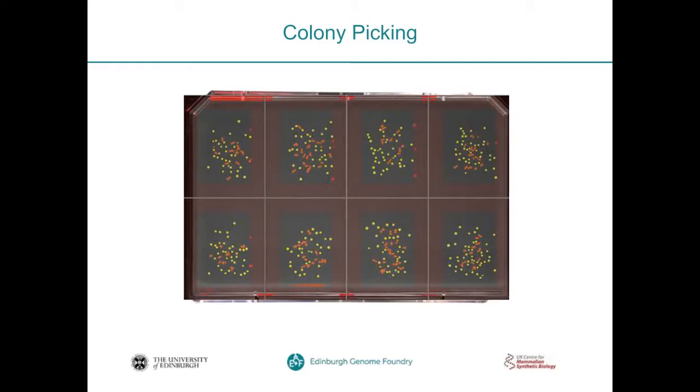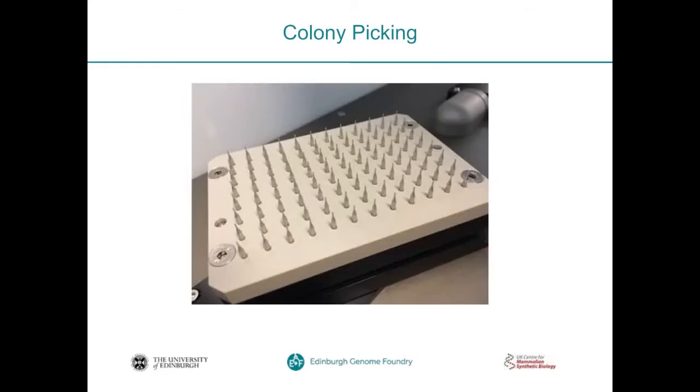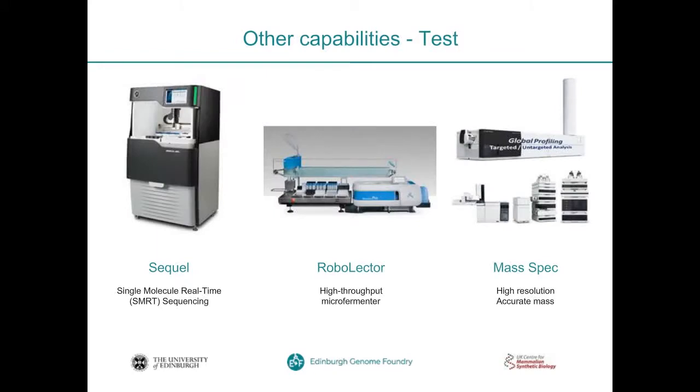be single colonies. We then can pick them with this picking head that has, as Ivan said, 96 different pins. So 96 colonies get very quickly picked and inoculated into the deep well plates where we grow up the cultures for mini prep. Just to conclude on the robotic setup and the test of our DNA assembly, we also have